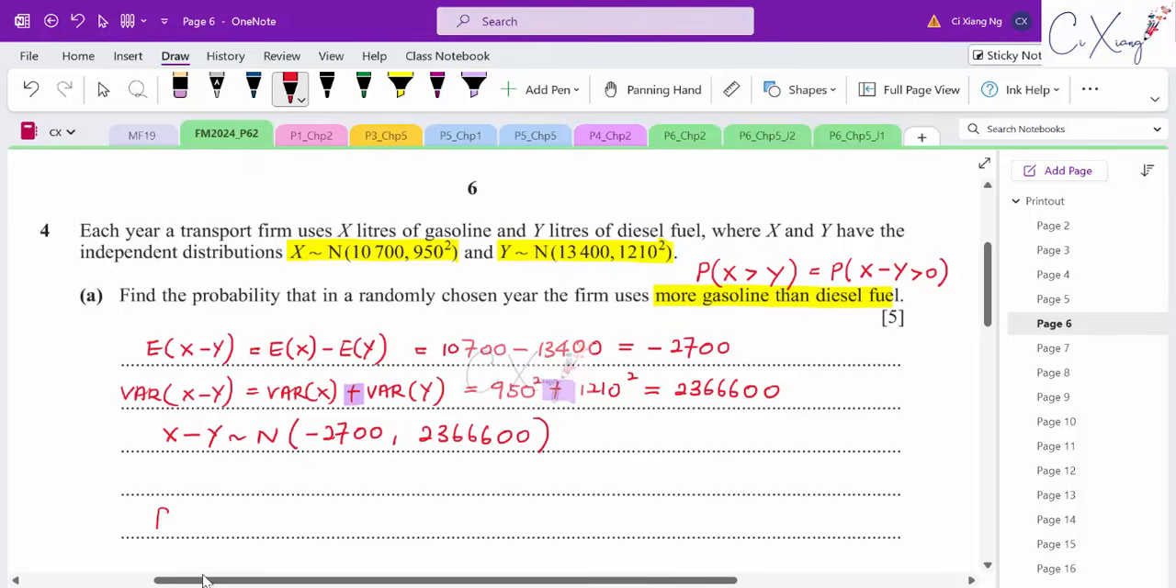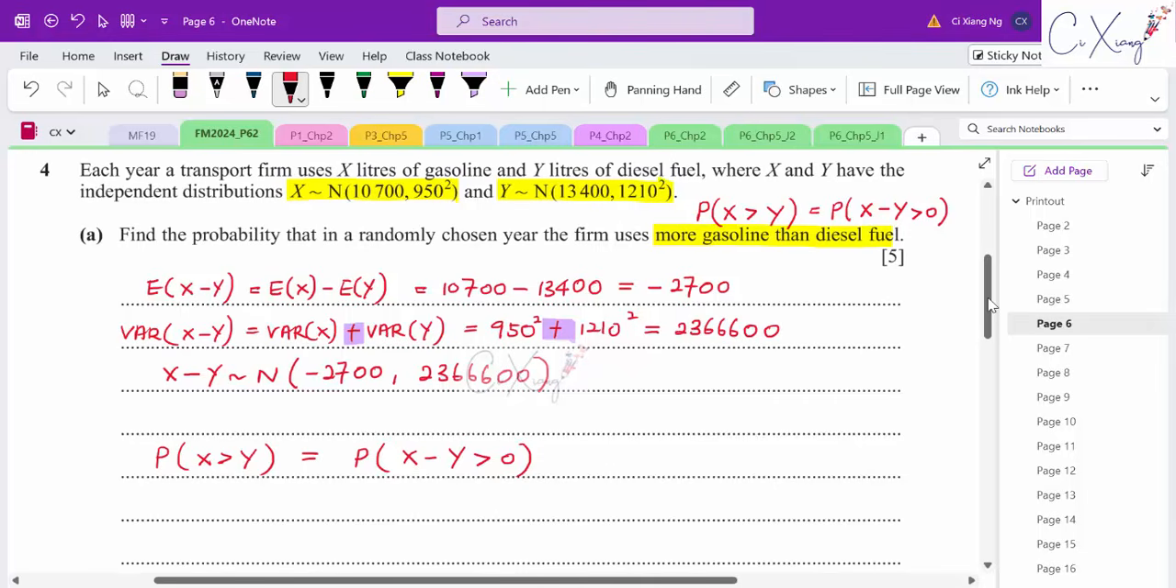Okay, now I start with the probability calculation. I want to get the probability of X greater than Y. So I move all the variables to one side, and I will have X minus Y greater than 0. Since I know that X minus Y is in a normal distribution,